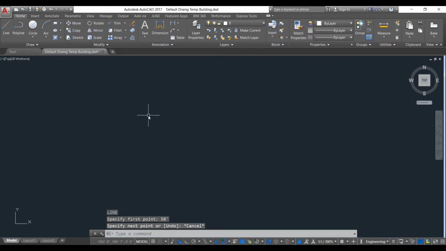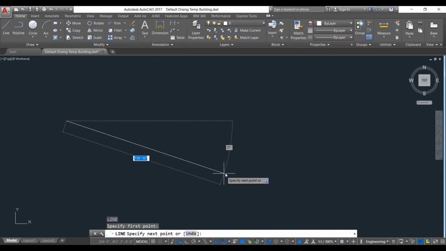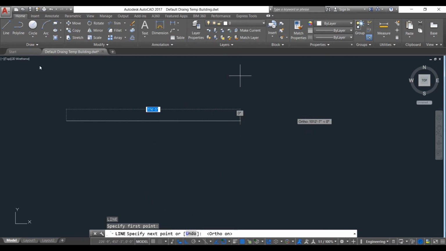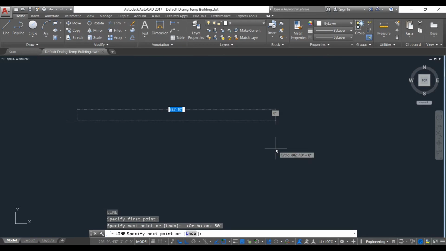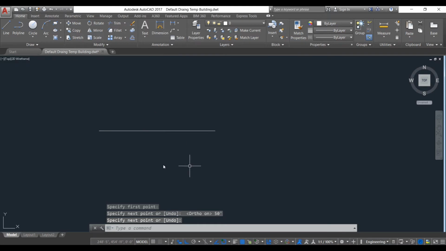So choose the line command, then the start point. You see these lines are not at a right angle. If you want a right angle, you have to turn on this ortho. Now as you can see, you cannot move beyond a right angle. Now you choose like 50 feet, enter, and this is your 50 feet line.